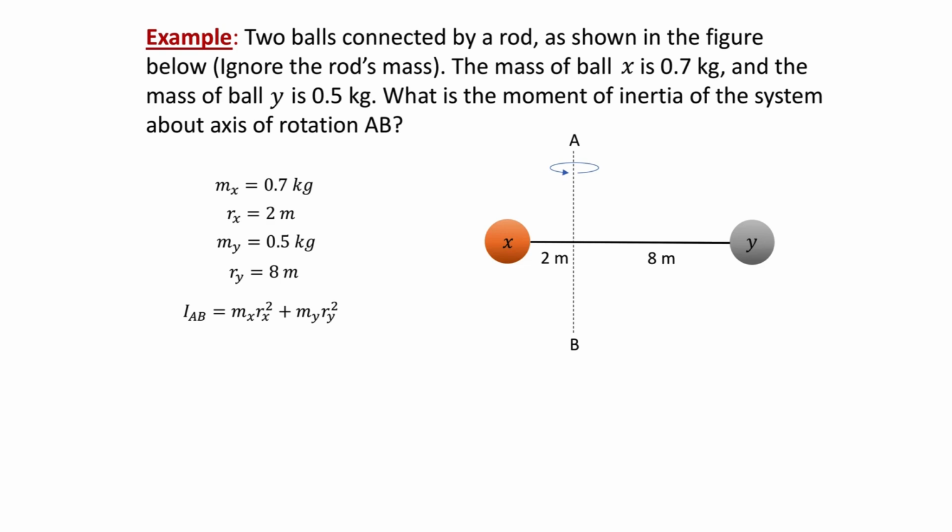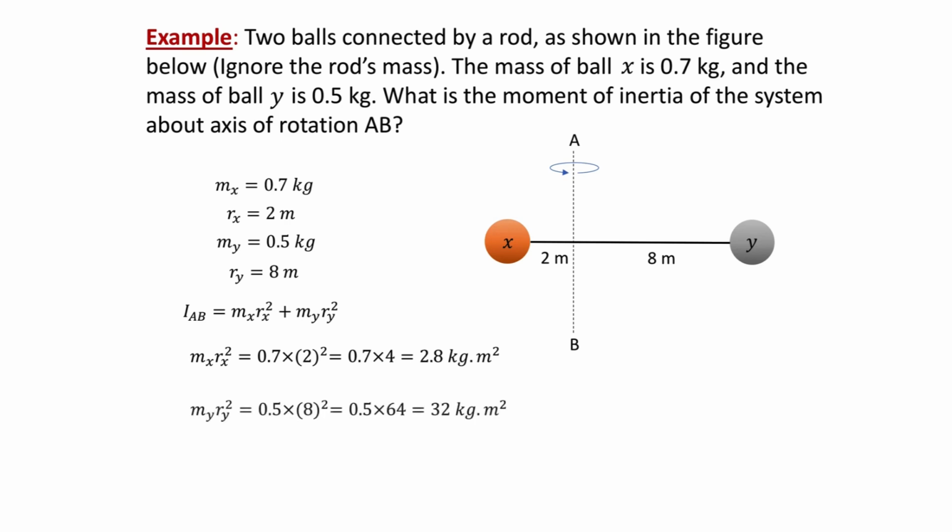So mx rx squared, by substituting the quantities given above, will be 2.8 kilogram meter squared. And my ry squared will be 32 kilogram meter squared. Therefore, the final result will be